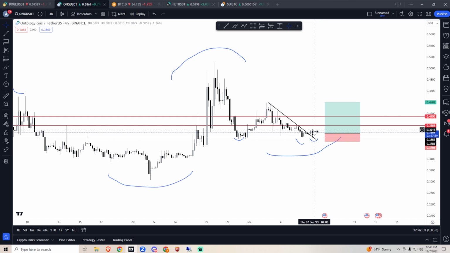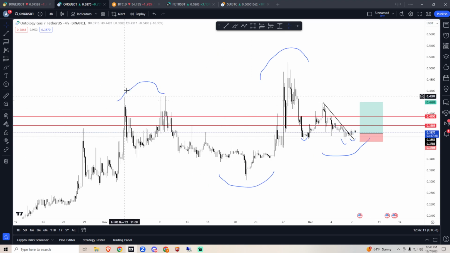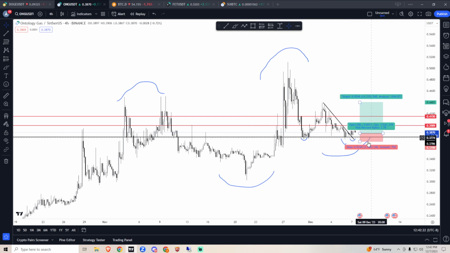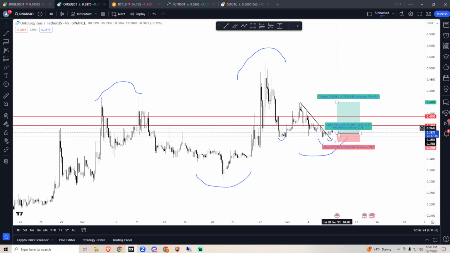Now, your stop loss would have to be a 4-hour closure below, right? Because this is higher high, higher low, higher high, right? This can actually go down and make another low here and still put in a higher time frame, higher low. Okay, so that would be your setup if you're looking to long OGN,